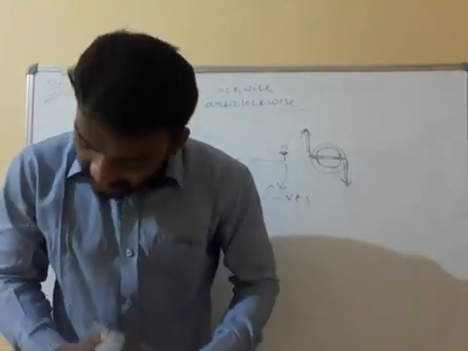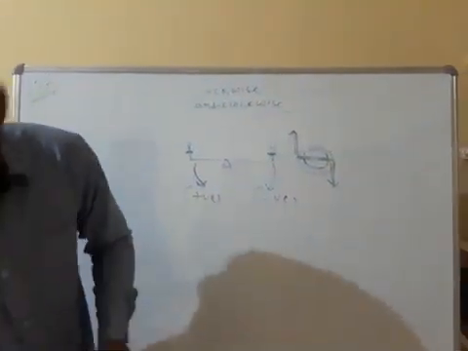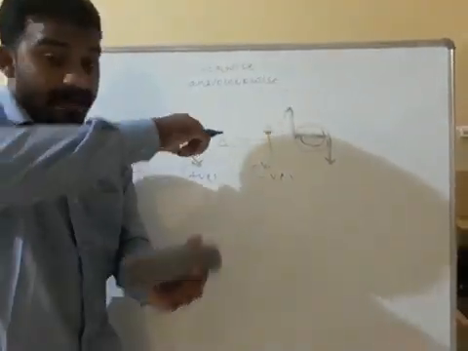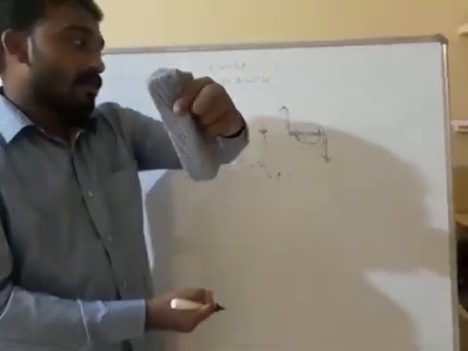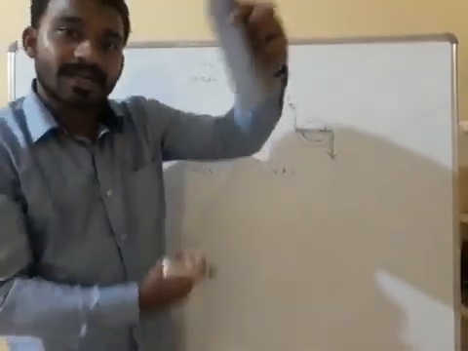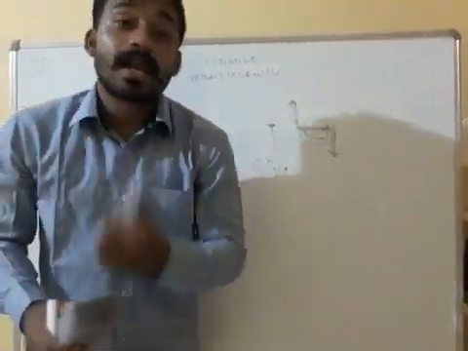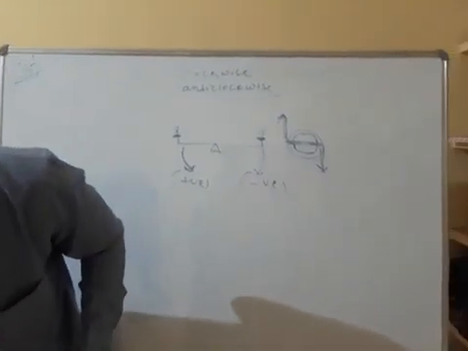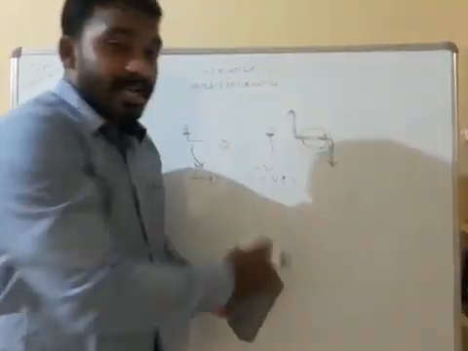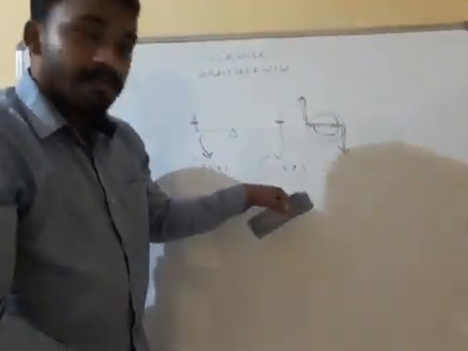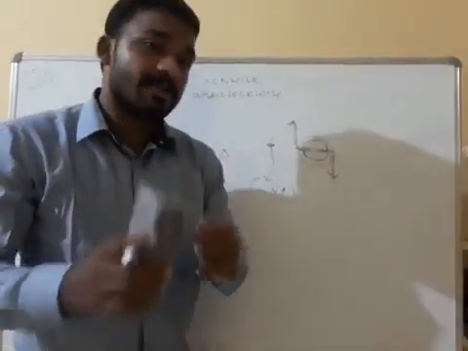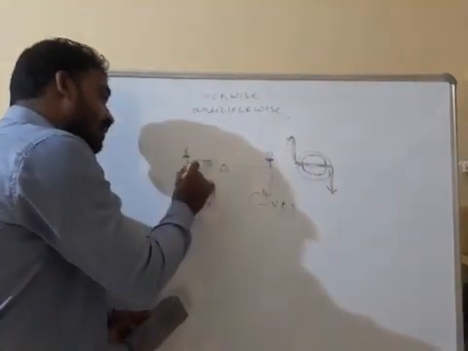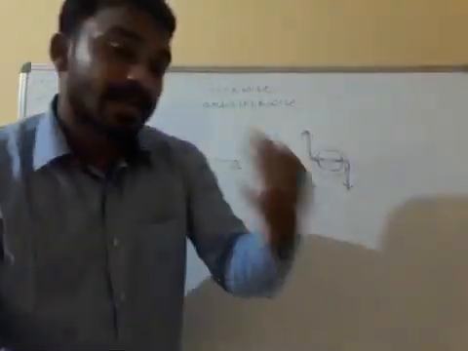Clear? Next one. Rotational equilibrium. You know whether it will rotate or not when the driver is holding the steering wheel. That is called rotational equilibrium. When is it called rotational equilibrium? If both the moments are equal, the sum of the clockwise moment is equal to the anti-clockwise moment, that is called rotational equilibrium. Means clockwise how much distance, anti-clockwise that much distance it is moving, then it is called what?